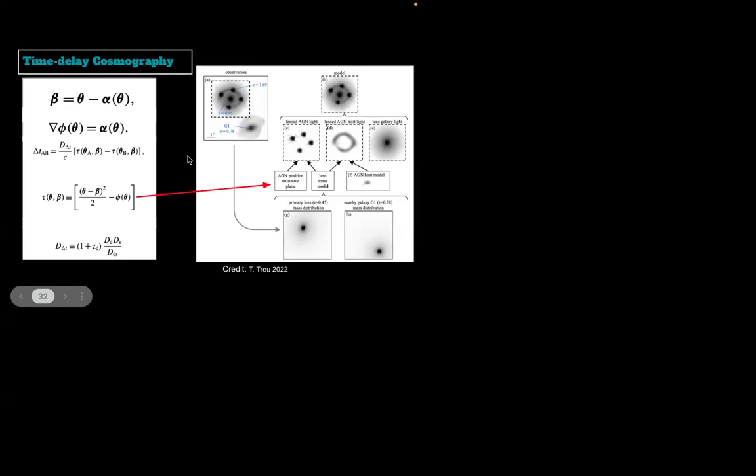To estimate the lensed AGN light, you have the AGN position in the source plane. Now you see that this is a free parameter. You don't know exactly where your source is. You only have this kind of observation. So you have your source parameter as a free parameter. Then you have your lens mass model.